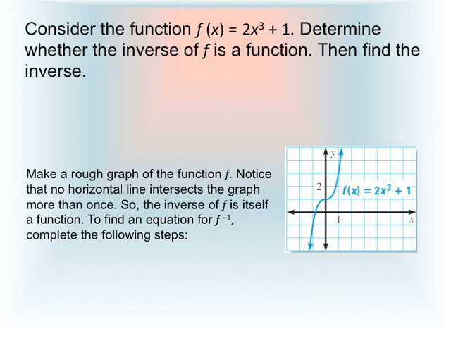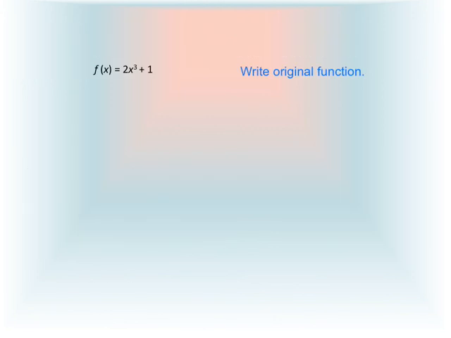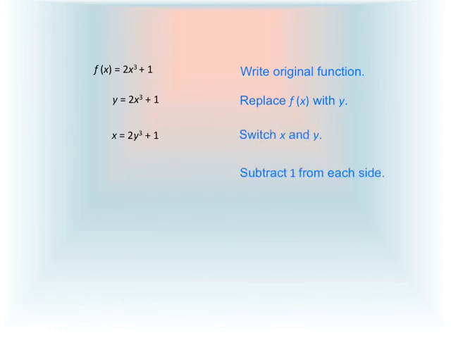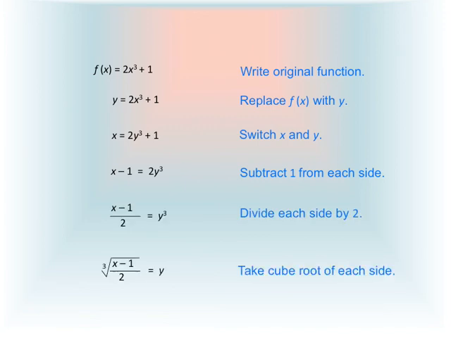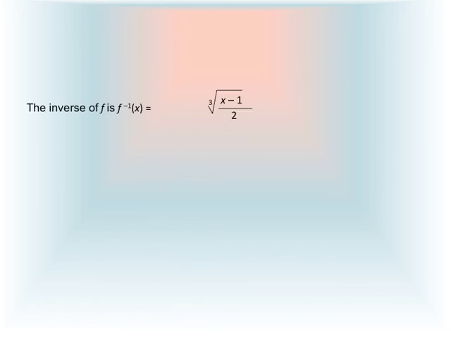We can make a rough graph and apply the horizontal line test, and see that it does pass, so the inverse function must exist. So we're going to write the original function. We're going to replace x and y with each other and start to solve for y by subtracting 1, dividing by 2, and taking the cube root of both sides. When we get this inverse equation,